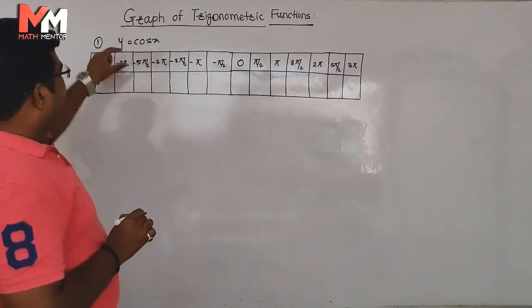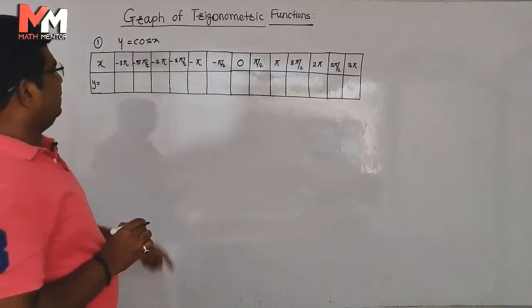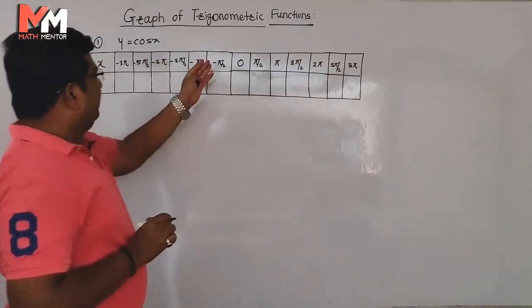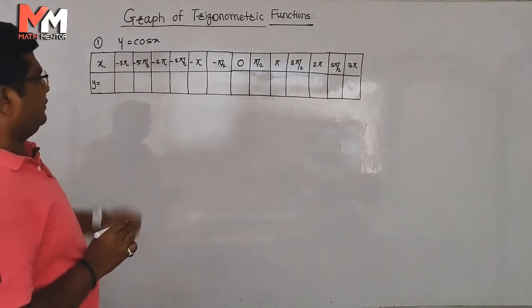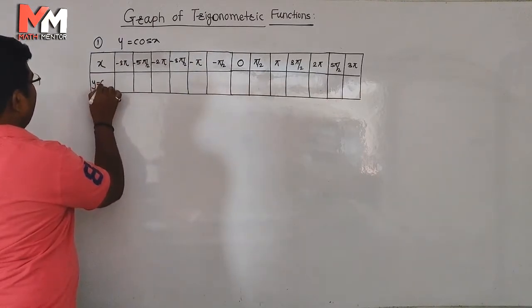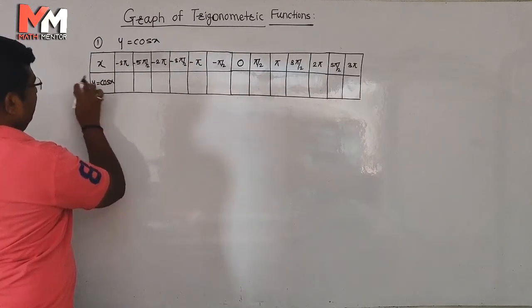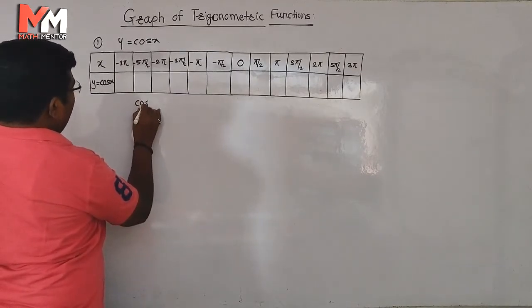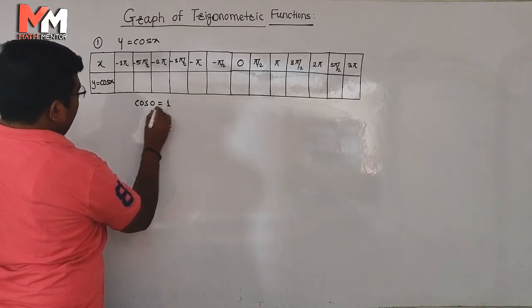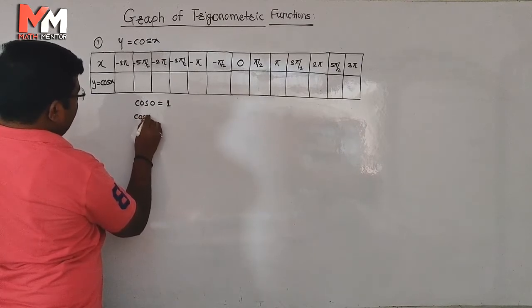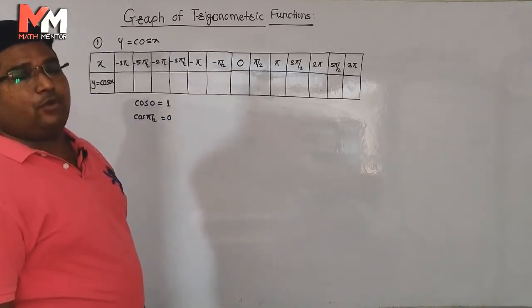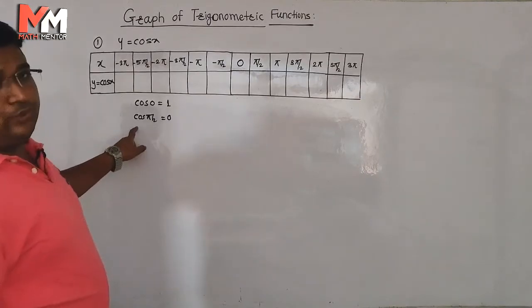In the first row, the values of x go from 0 to 3 pi on the right side, and here minus 3 pi to the left side. Second is y is equal to cos x in the second row. So we must know the value of cos 0. Cos 0 is equal to 1 and cos pi by 2 is equal to 0. Sin 0 is 0 but cos 0 is 1, sin pi by 2 is 1 but cos pi by 2 is